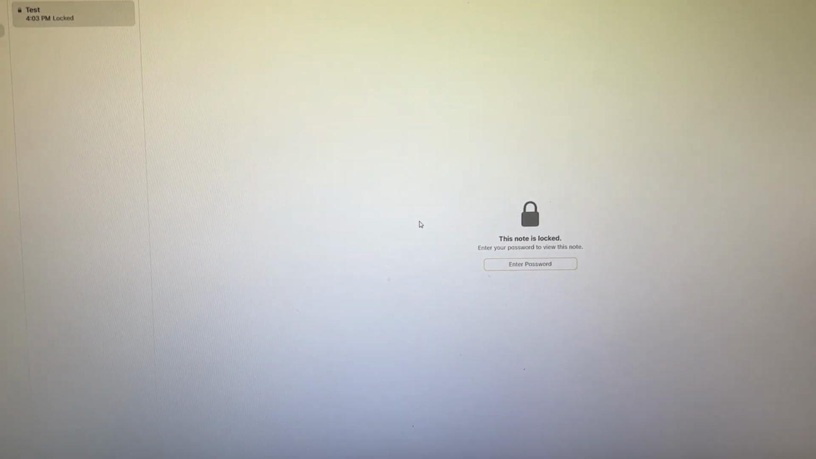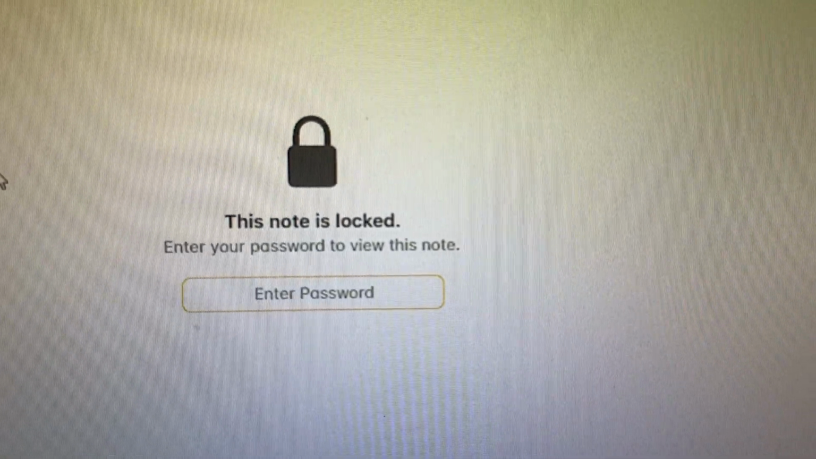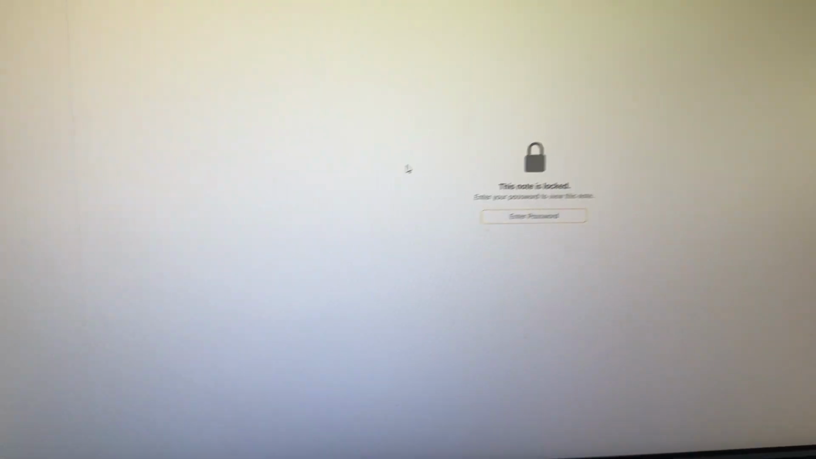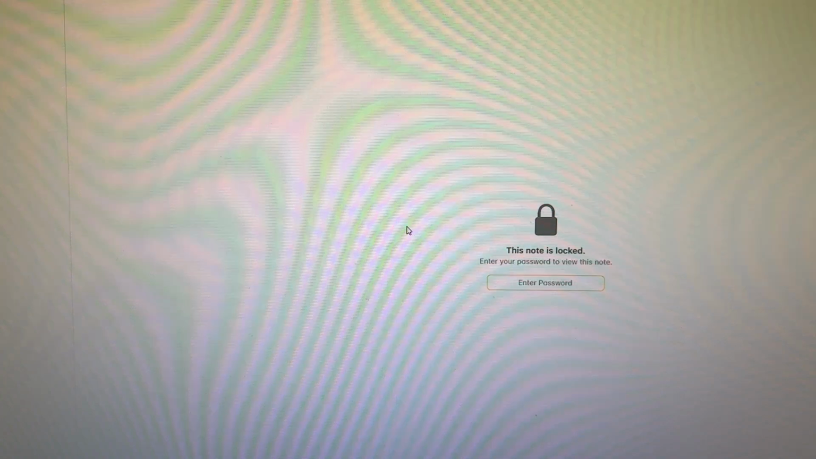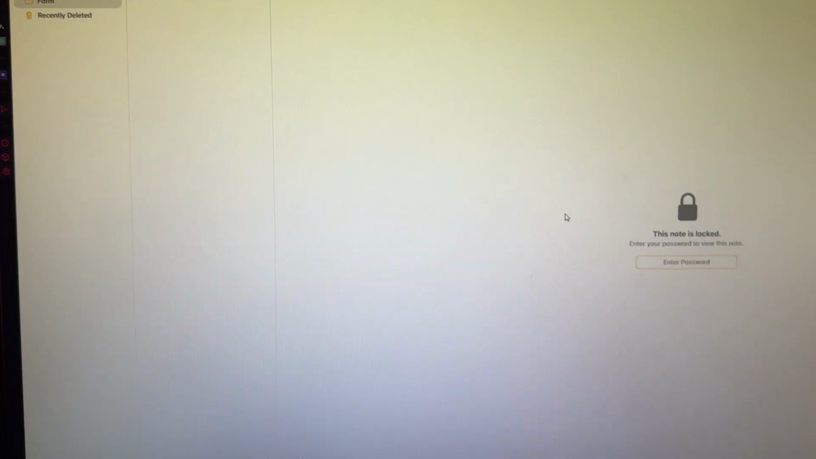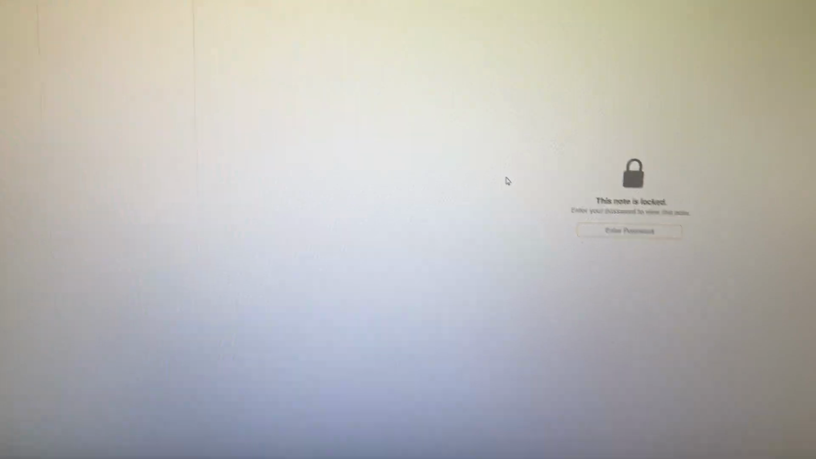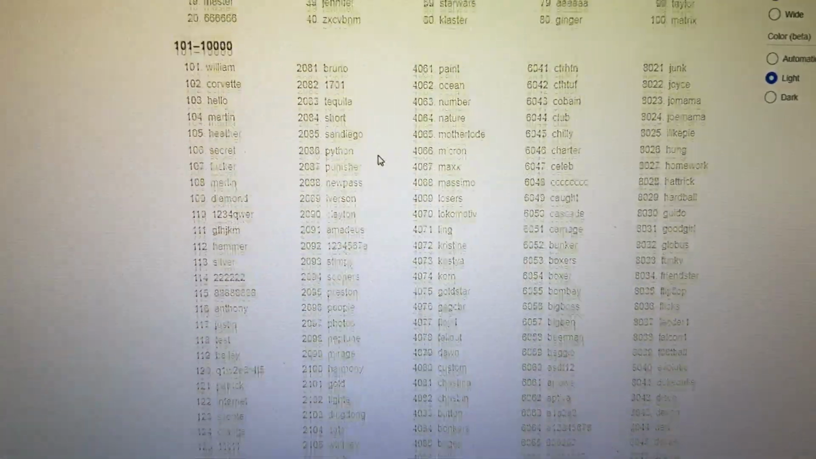Alright, I'm going to be showing you how to get into old notes that are locked. You don't have the password, you don't have Face ID or Touch ID, and you don't have to do any resetting password stuff, because you can't. You can't get in. And this is going to be going off of the fact that there are common passwords,